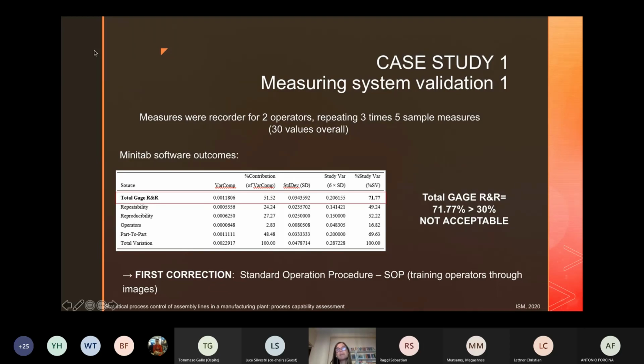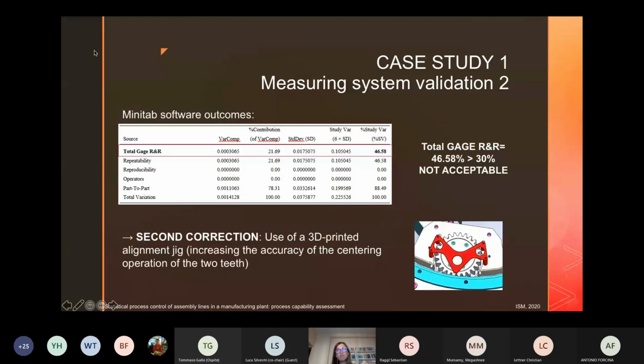But in this first case, this measurement system was not acceptable since the ANOVA gauge R&R returned a value equal to 71.77%. And according to that, the operation of measurement of the backlash made by the 2 operators was standardized, and operators were trained thanks to some images that were shown to them. And again, 30 measures were collected, but also in this case, the result of the ANOVA gauge R&R was greater than 30%, and specifically, as you can see,